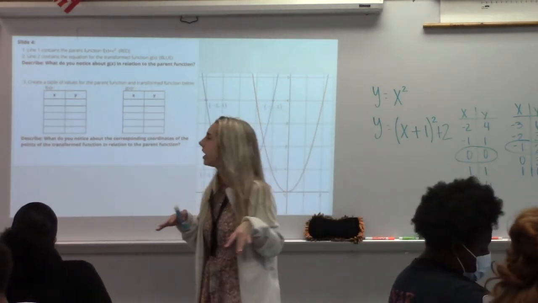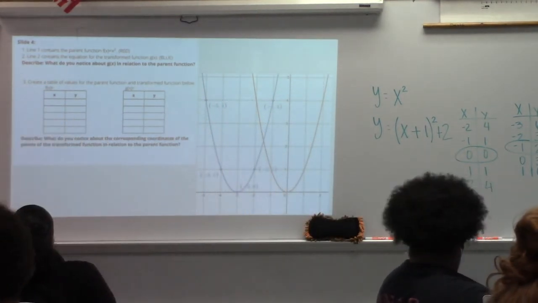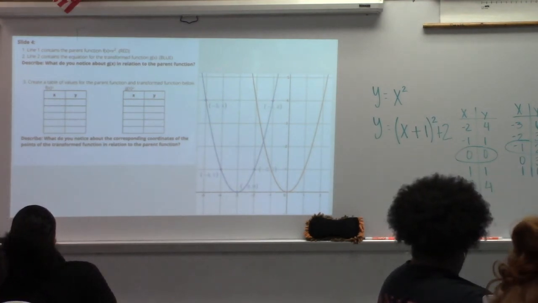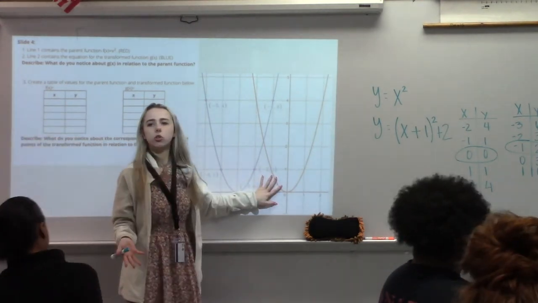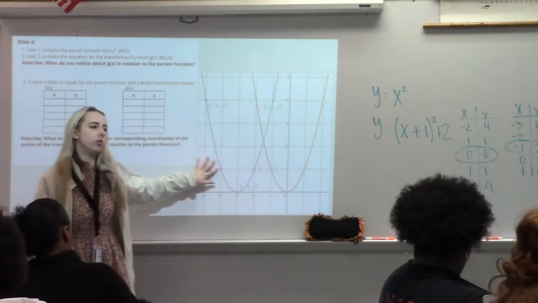Going back like a week now, this is kind of where we started off learning about these function transformations. So by looking at this graph, or if you want to look on your computer screen if you're on the Desmos,